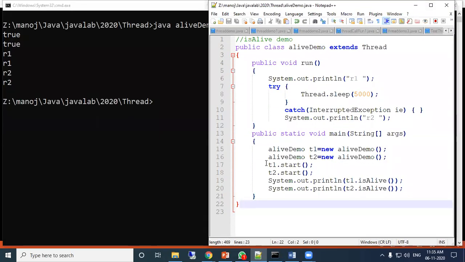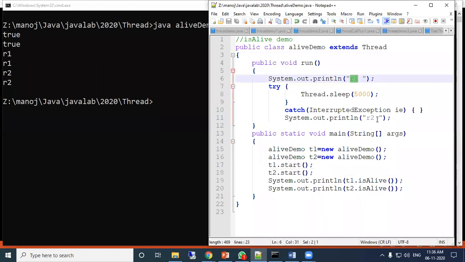Here T1 start enters the runnable state, then the isAlive function returns true. Then immediately it goes to the run state for T1, then the R1 message comes, then again R1 for T2, then the sleep function is executed for each, then R2 is executed, R2 is executed.